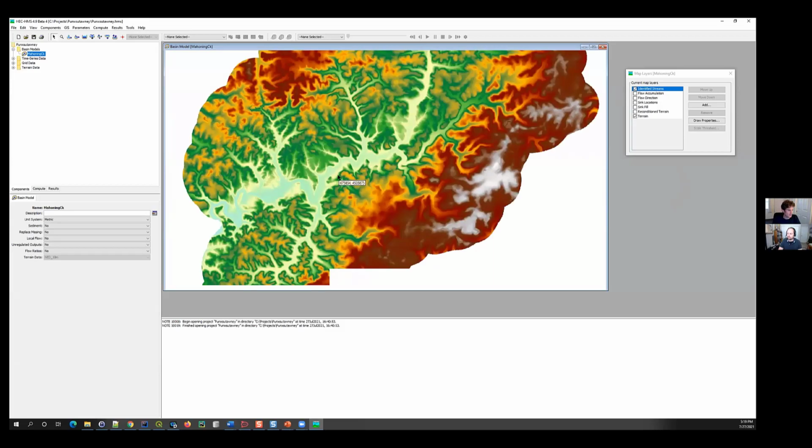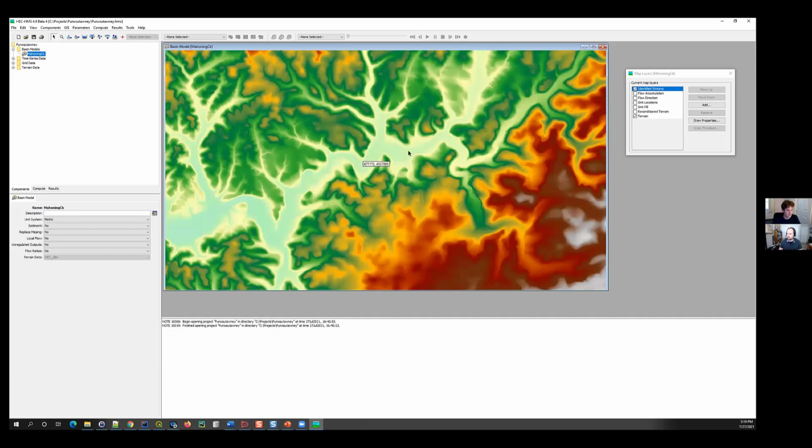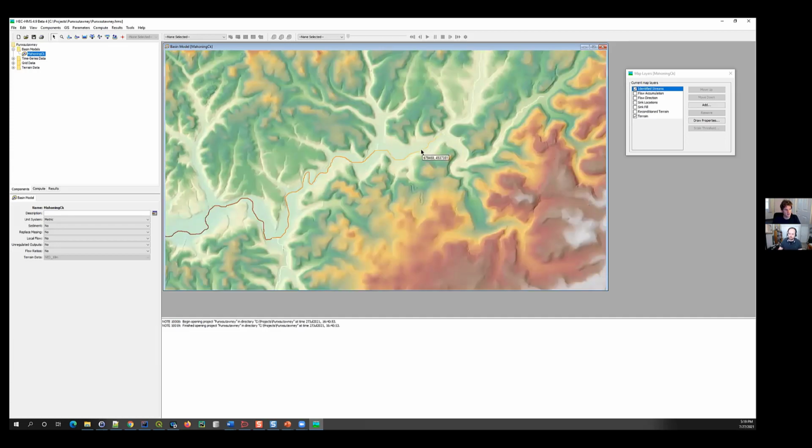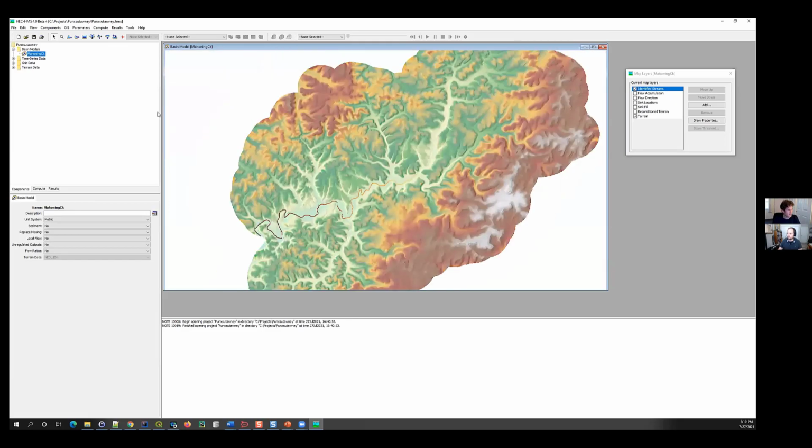So you can see here, everywhere where I've defined the streams is this orange line, and that just means that there's greater than 50 kilometers squared upstream of that particular cell. That's the identified streams layer. The next step will be the breakpoints manager. We're going to import breakpoints